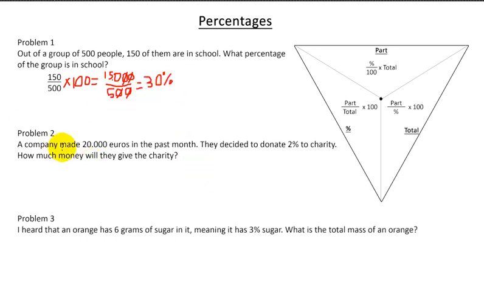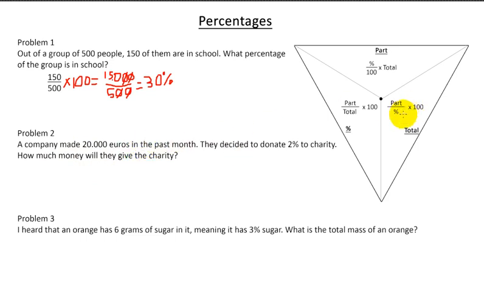Next problem. It says, a company made 20,000 euros in the past month. They decided to donate 2% to charity. 2% of the 20,000 that they made. How much money will they give the charity? So, we know that the company made 20,000 euros, and they're going to give 2% of that to a charity. What that means is that from the 20,000 euros, they're going to take